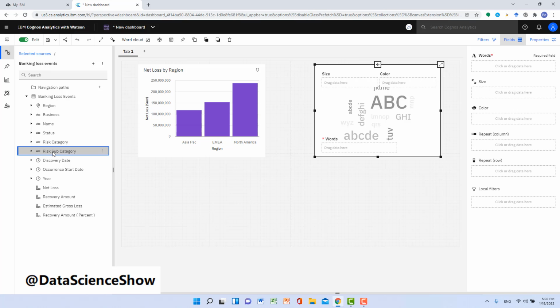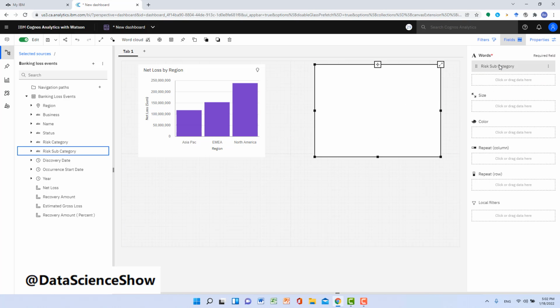So you can drag this column and then drop it under words. You start seeing some category names, right? But since we haven't classified different risks according to losses, they have the same size. We cannot show in which category we lost most of the money.